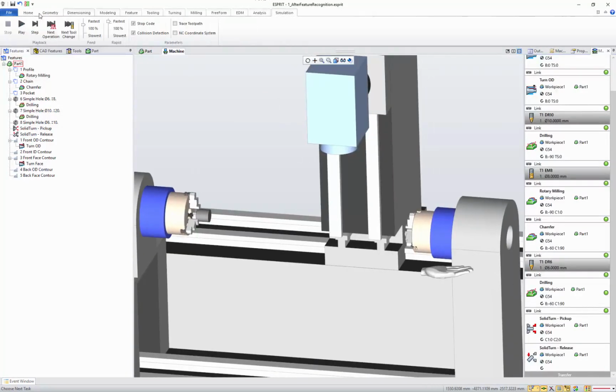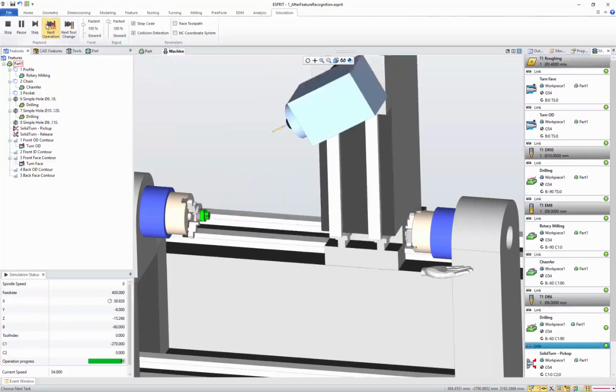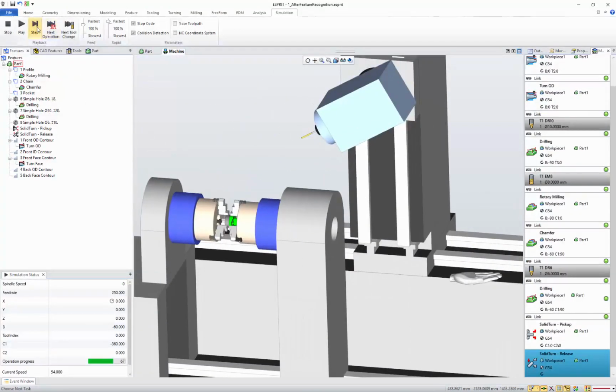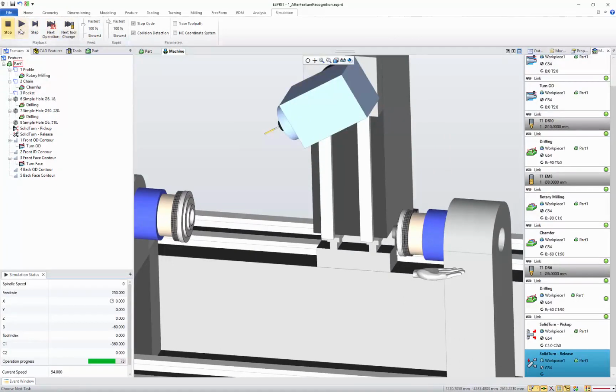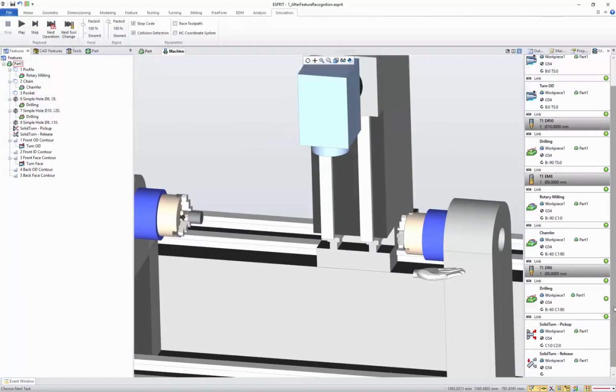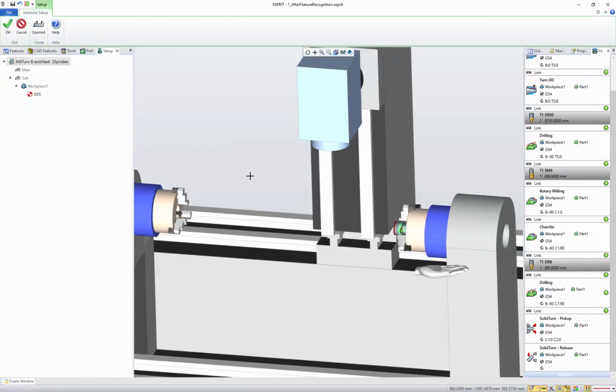So let's quickly simulate the result. Okay, so the subspindle comes, grab the workpiece. The release was programmed as a spinning, so spindle starts spinning, main spindle opens, and subspindle goes home. At this point, the transfer has been completed. So in the machine operation list, the system represents the transfer as a setup change. Double-clicking on transfer edits that setup change, and it shows the state of the machine after the transfer.